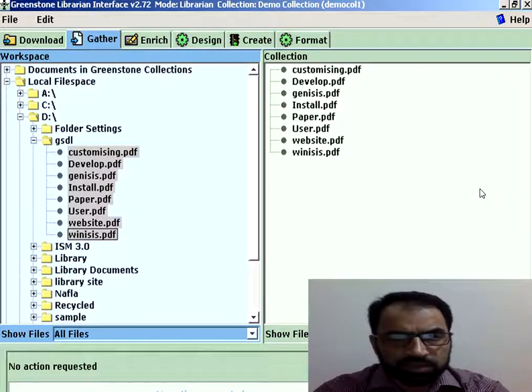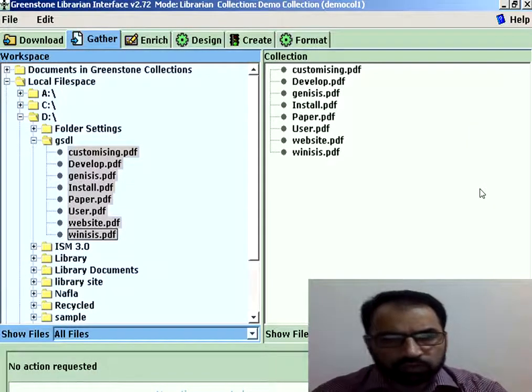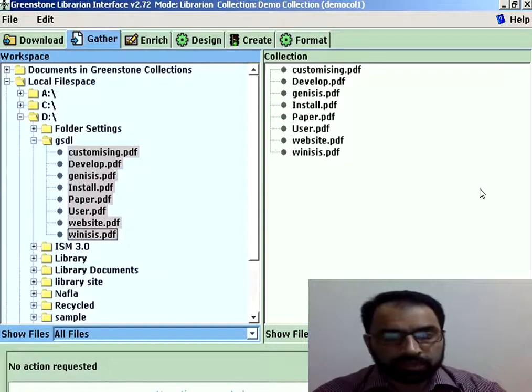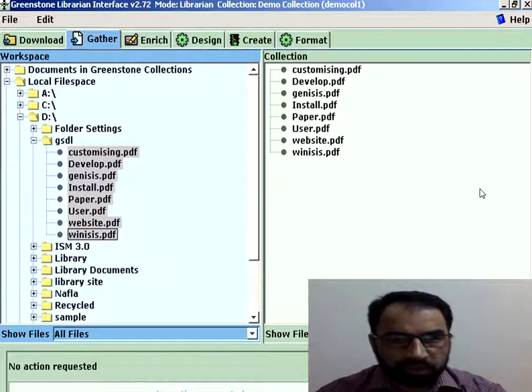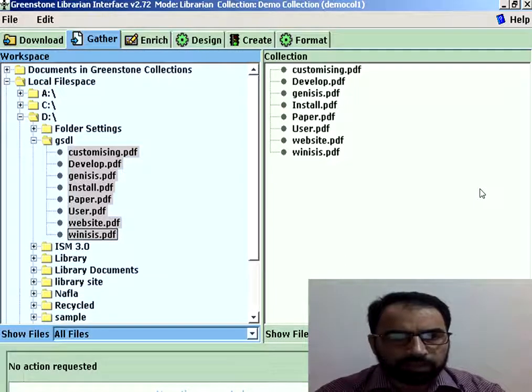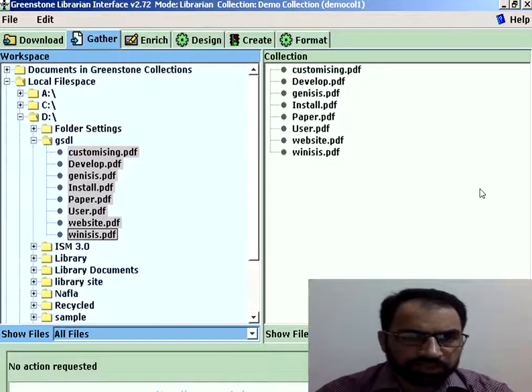Then the first step is basically when we have the resources, electronic files either available or stored in our own laptop or desktop, or we can download the files from the internet, so that we can input them in the digital library software. So the first step is collection, or it is known as the gather step, where we are gathering all the different kinds of electronic resources for which we have to build a digital collection.